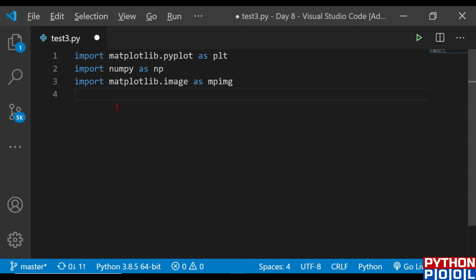Now I'm just going to get the source image from the user. So I'm going to call this mpimage function and say, hey mpimage, read the image and pass the name of the image that is present inside the images directory, and the name of the image is 3.png as per my data.